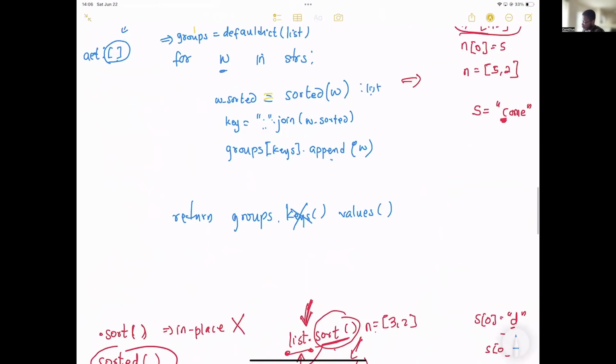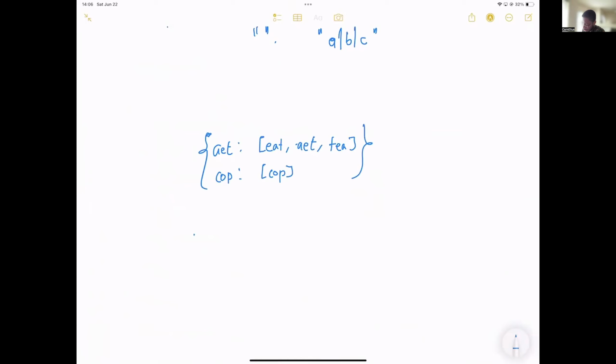Let me just show you this quickly. So if we had AET, and then we had, let's say, COP. Let's say cop itself as a word, and so on and so forth. Let's say this was our dictionary, our groups. Groups dot keys will give us what?